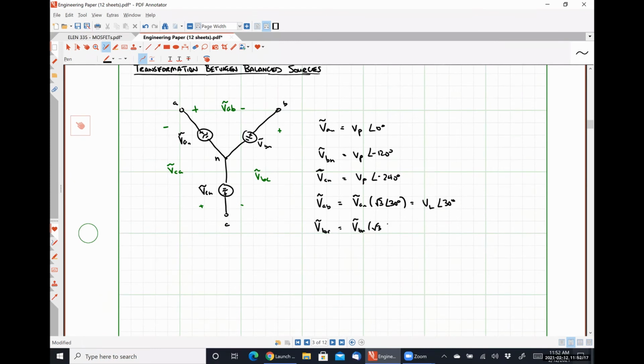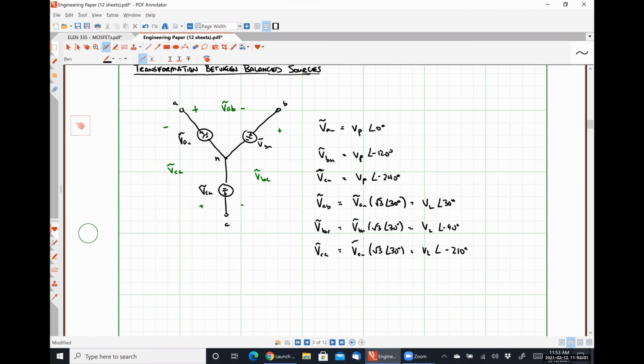VBN root 3 angle 30 degrees, which is VL angle minus 90, and VCA is VCN root 3 angle 30, VL angle minus 210 degrees. There we go. So I can convert from my phase voltages in my Y connected source to my line voltages in my Y connected source, right? Well, if I know my line voltages,